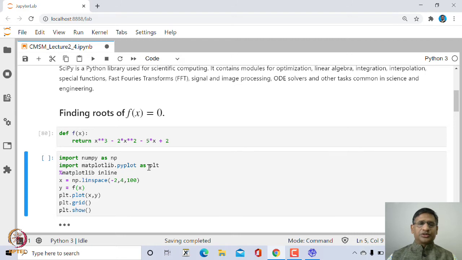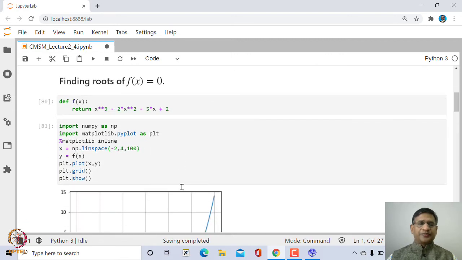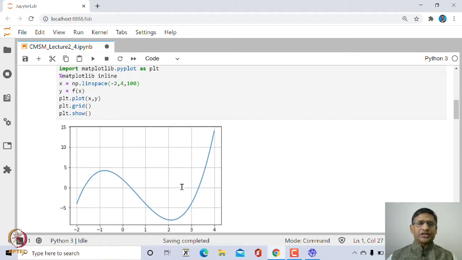We will use pyplot from matplotlib and plot its graph between -2 and 4. First we will generate the x values between -2 and 4, say 100 points, and then plot its graph.